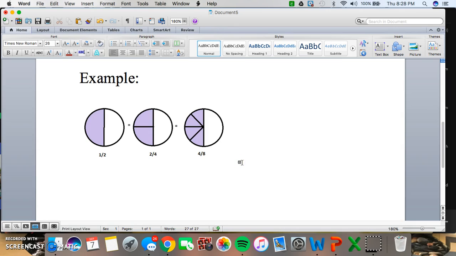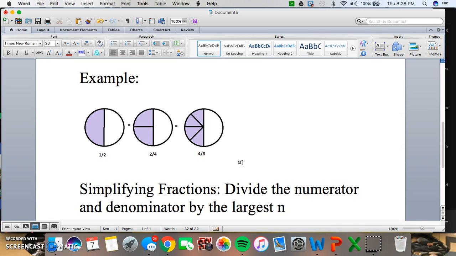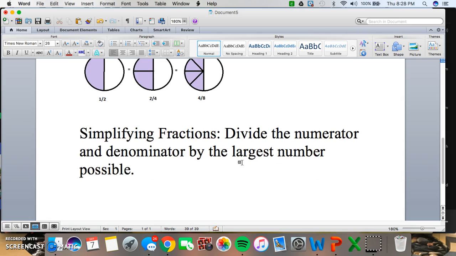Our next portion of our notes is going to be about simplifying fractions. And to simplify fractions, all you need to do is divide the numerator and denominator by the largest number possible. So you're trying to get it to simplest form. So for example,